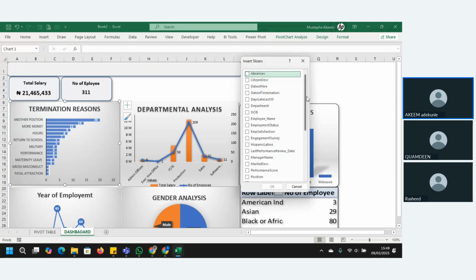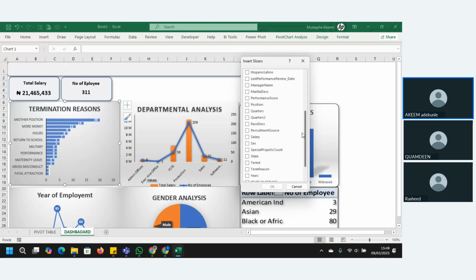So let's use like 2 slicers for the analysis to check. Slicers will be used to interact with them. I think we'll use year of employment for analysis, and the year interface for this, but it doesn't matter. Let's see them by state. Let's analyze by state,